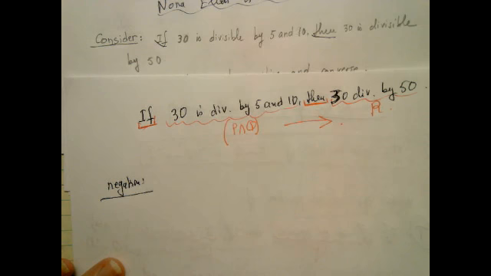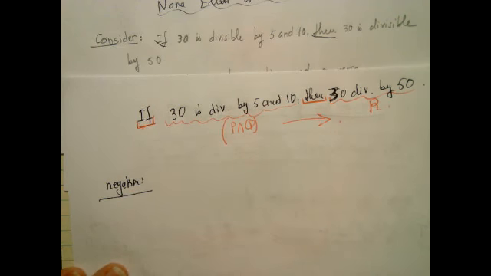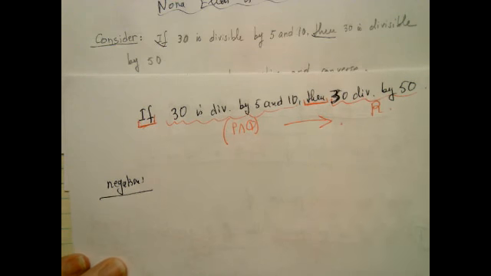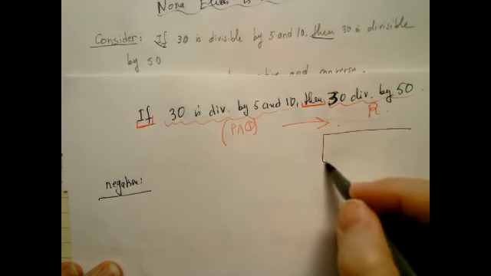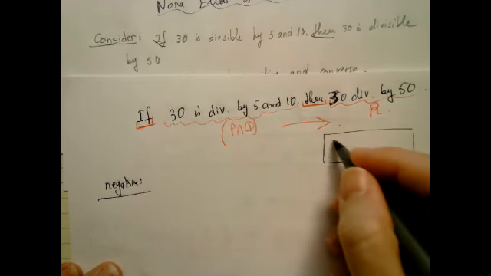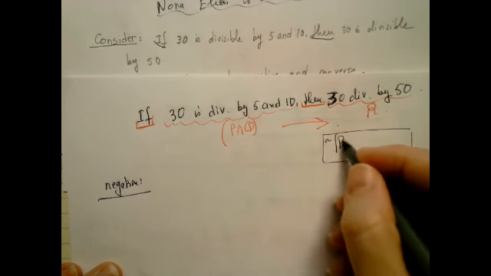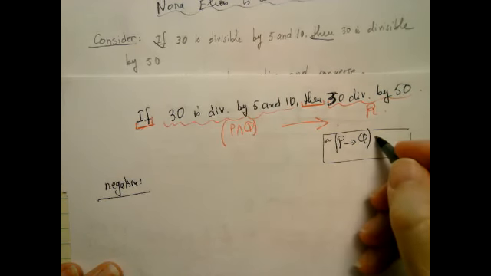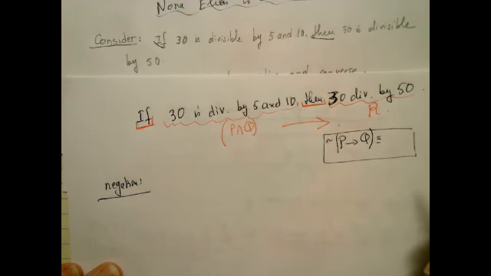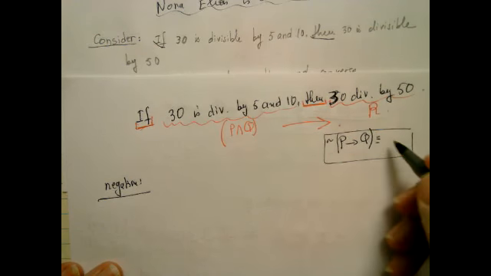So 30 is not divisible by 5 and 10. No, absolutely not. What's the negation of the conditional? Go back to your notes, that all of you have to study very well. What's the negation in general? It's P